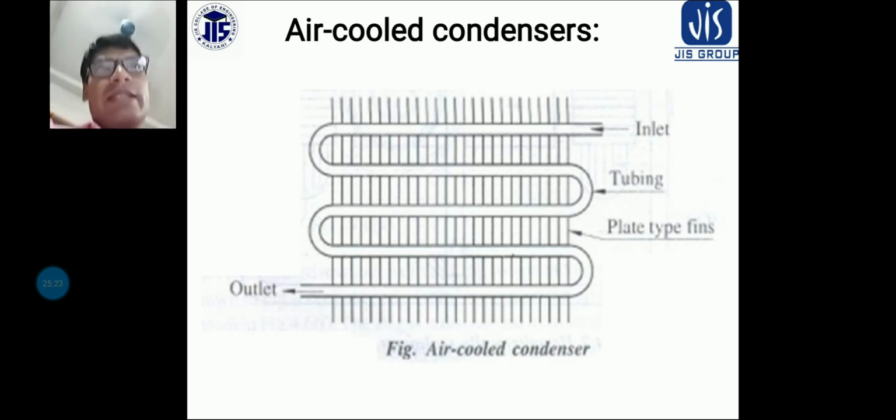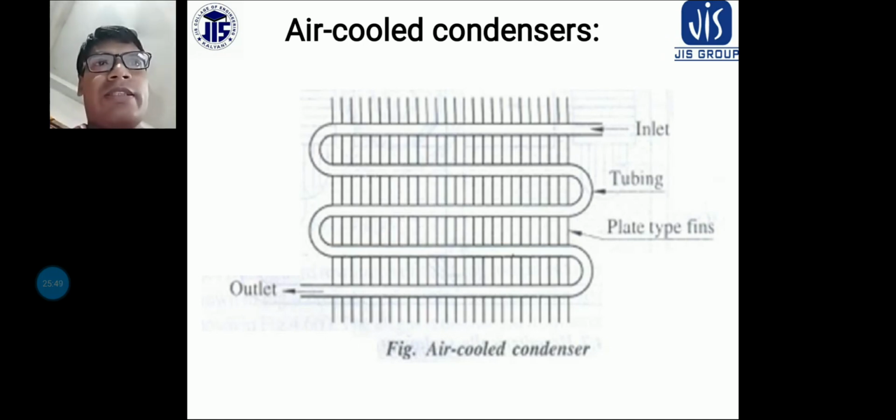So okay, now let us discuss the factors affecting the condenser capacity. Okay, what are the factors which are affecting the condenser? Let us discuss. The condenser capacity is the ability of the condenser to transfer heat from the hot water vapor refrigerant to the condensing medium, and the following are the factors.